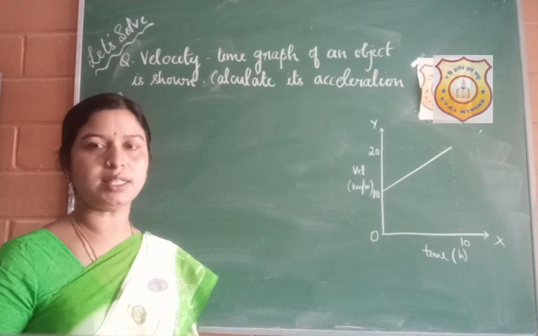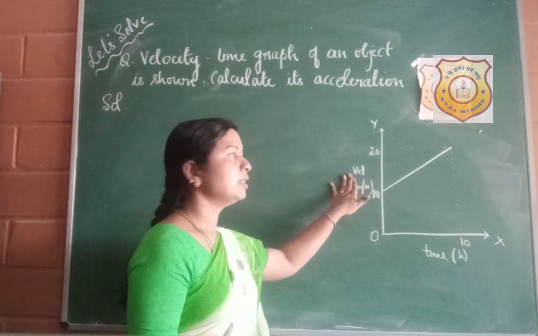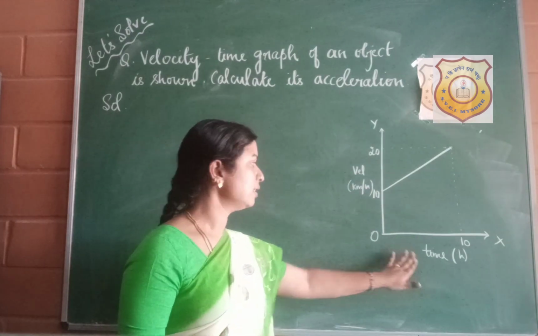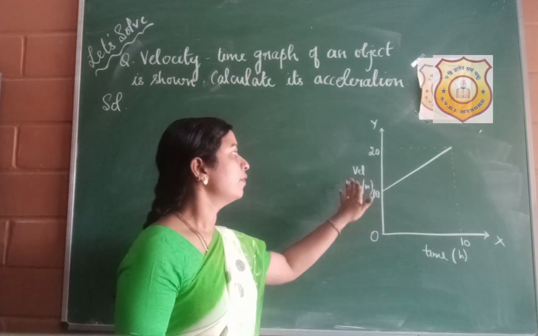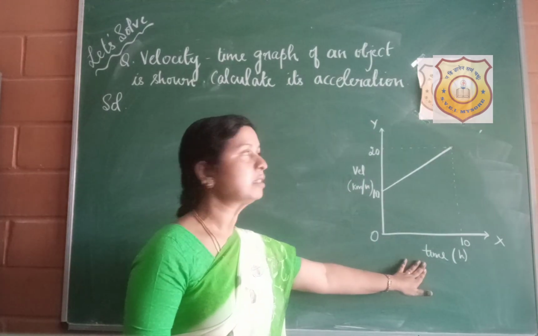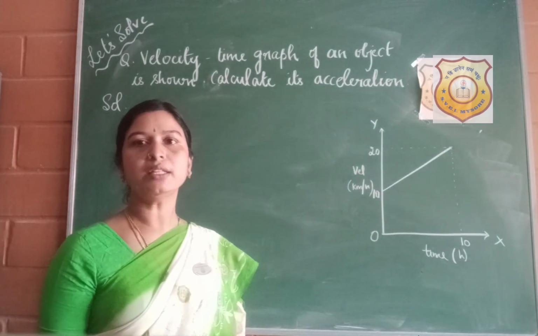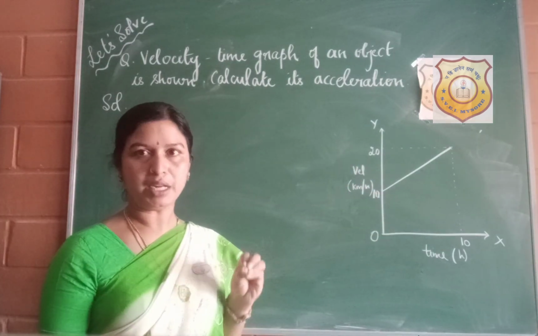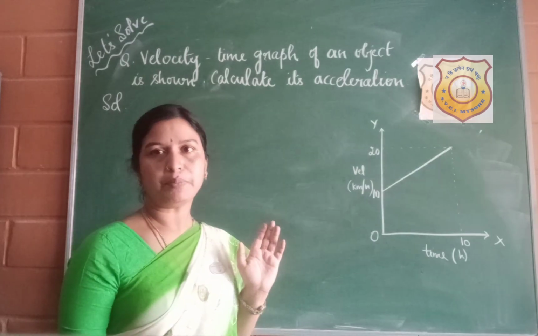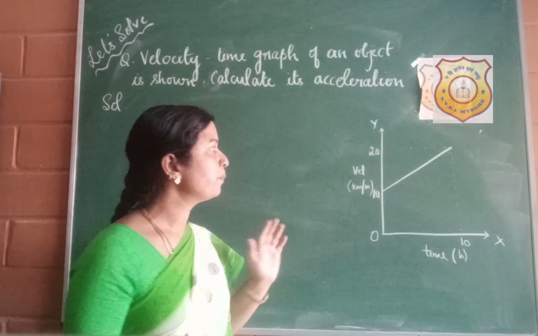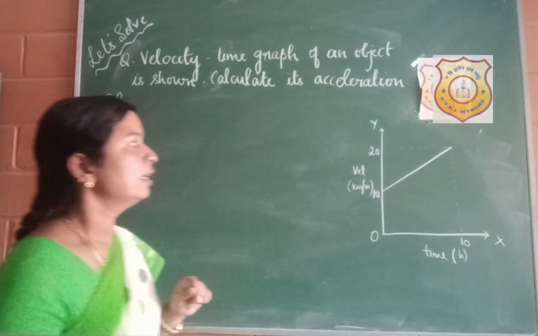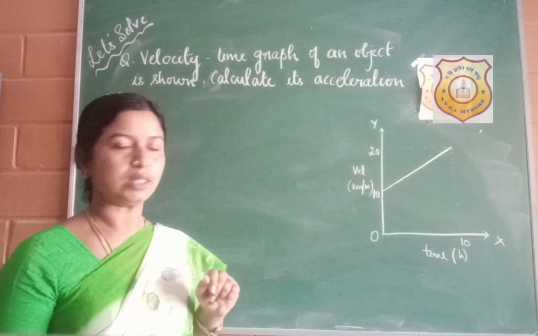This is a velocity time graph. So velocity is represented on the y-axis and time is represented on the x-axis. O is the origin. The unit of velocity is kilometer per hour, and time is in hours, and they have not specified to calculate acceleration in meter per second square. So we can calculate it in kilometer per hour square itself. And they have shown here the line where you can see that there is a constant increase in velocity.